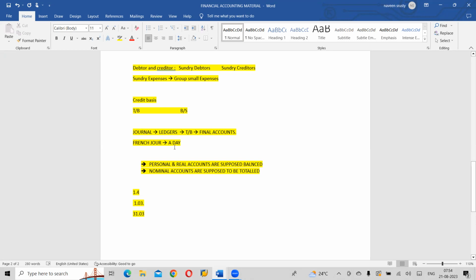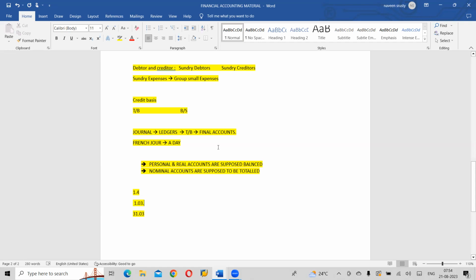Before preparation of final accounts, we want to check the accuracy of our prepared ledger accounts and journal entries. If your trial balance debit and credit agrees, meaning it's equal, then what does it mean? Whatever ledgers and journals we prepared, not 100%, but 90% it's correct. If it is not agreed, then you need to go back to ledgers and check all the ledgers, and go back to journals and check all the journals, until your trial balance is agreed. Once your trial balance is agreed, what does it indicate? Whatever accounts you prepared, those are perfect.